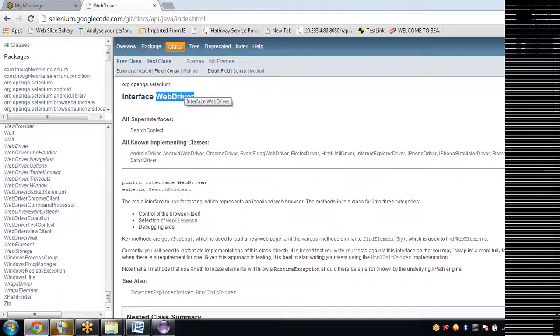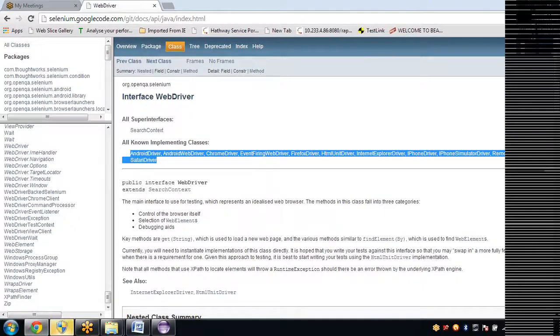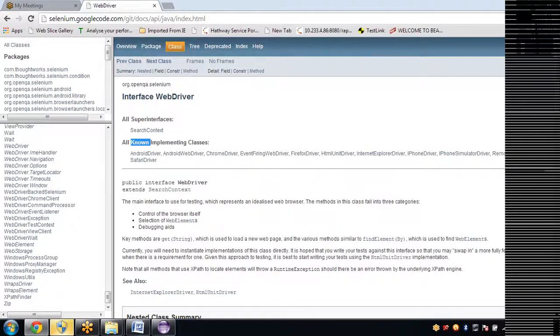What is class? What is interface? Interface will define a set of methods. It's kind of a blueprint, but it does not execute methods by itself. It needs classes to execute or to implement the methods present in the WebDriver. Selenium guys have come up with a set of classes. You have to choose a class depending upon your browser execution. If you want to execute your test case in Chrome, then go with Chrome driver. In that way, the simple logic, 3 steps, a basic logic which lies behind all this.